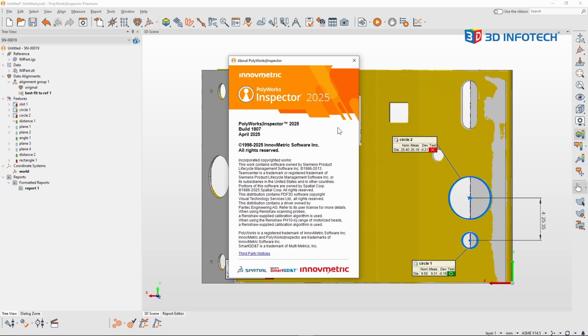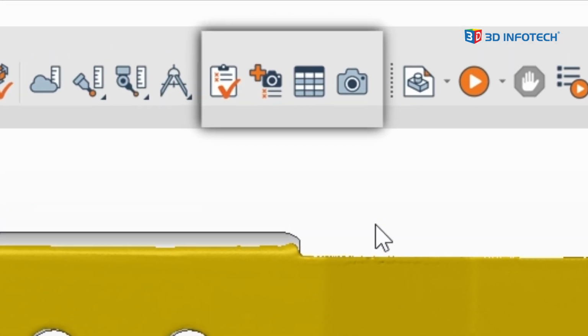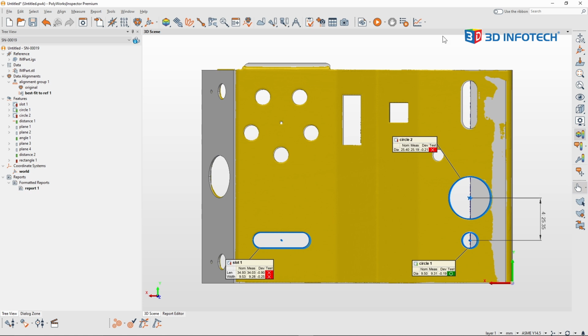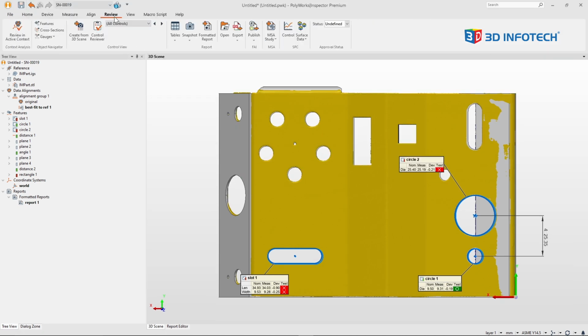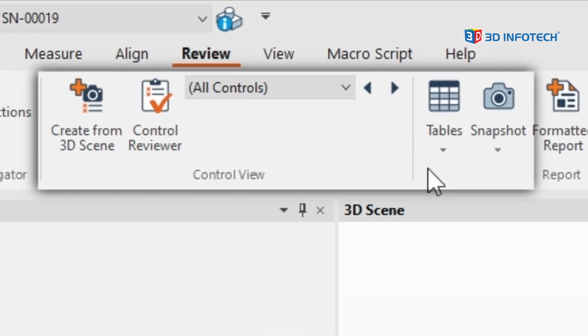In this video, I will be showing some of the advantages of utilizing PolyWorks' control views instead of the regular snapshots and report tables. If you're using PolyWorks 2023 or older, I'm referring to these four tools. If you're using PolyWorks 2024 or newer, I'm referring to the Review tab and this Control View section and Tables